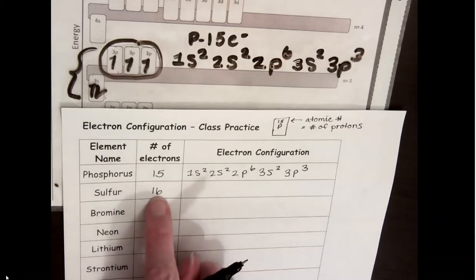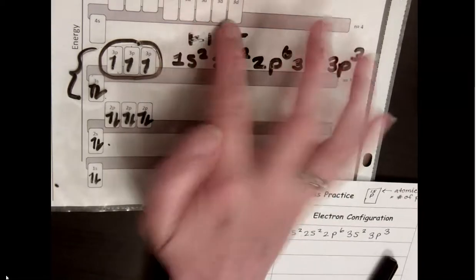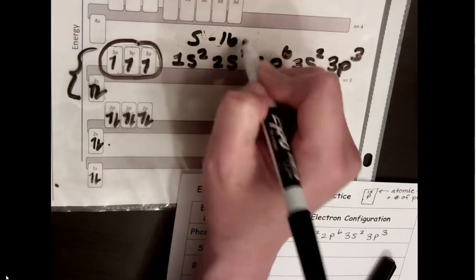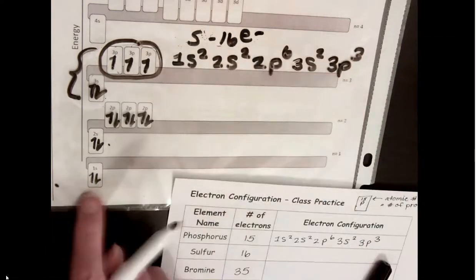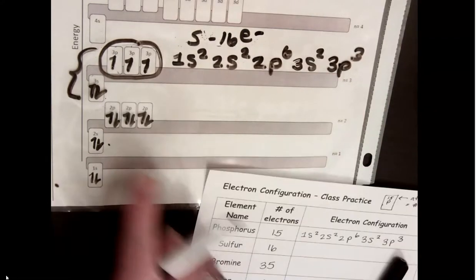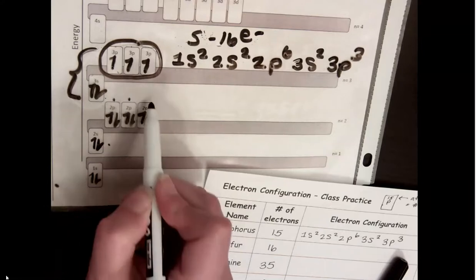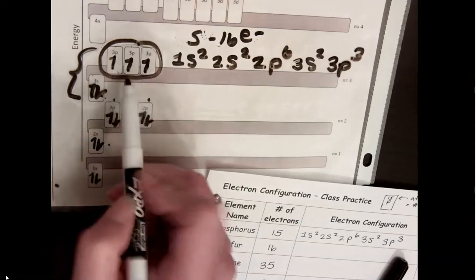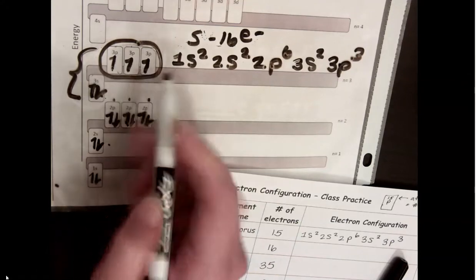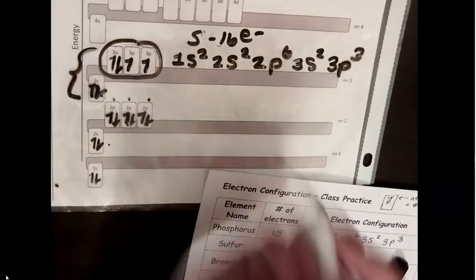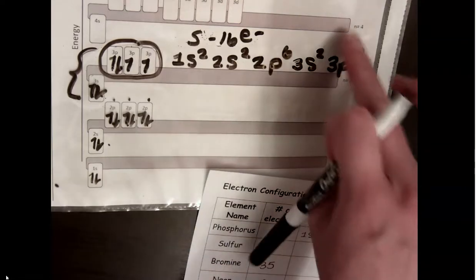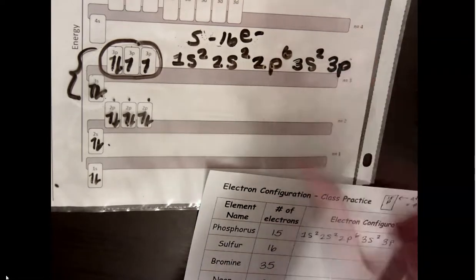It has one more electron. So I'm going to be lazy and I'm just going to change this to be sulfur with 16 electrons. Look, 1, 2, 3, 4, 5, 6, 7, 8, 9, 10, 11, 12, 13, 14, 15. Now I come up and I double up, 16. So sulfur, instead of ending in 3p3, is going to end in